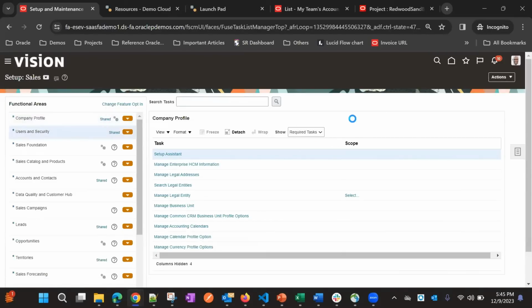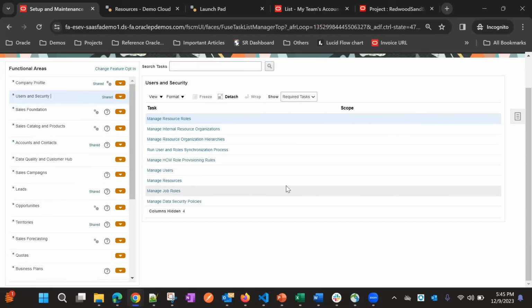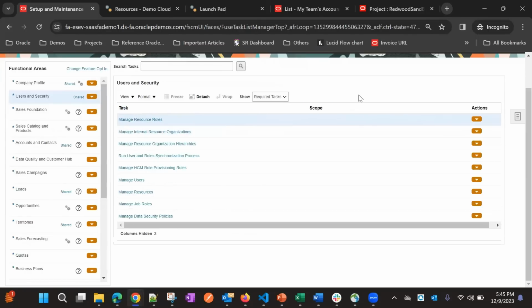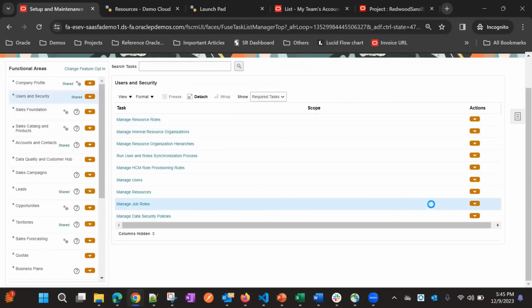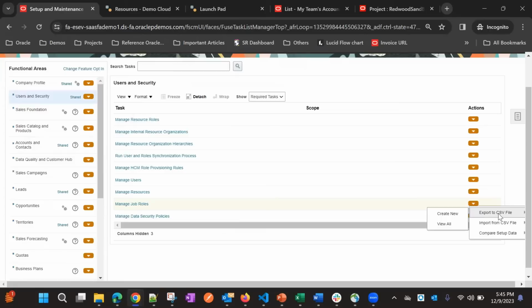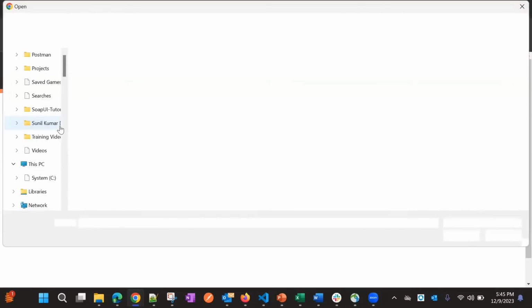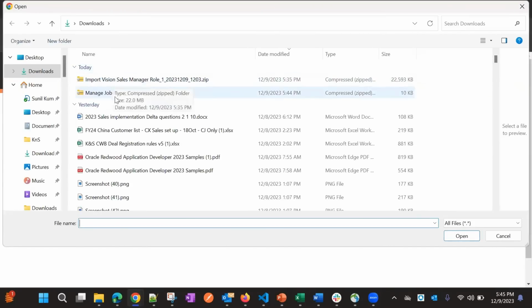So here also go to users and security area, and here we could not see the actions. So what we are going to do is we need to enable actions. It came. Now go to actions. So in the previous environment we have exported. Now we will use import file and CSV package. Okay, so this is the manage job roles package. So select this